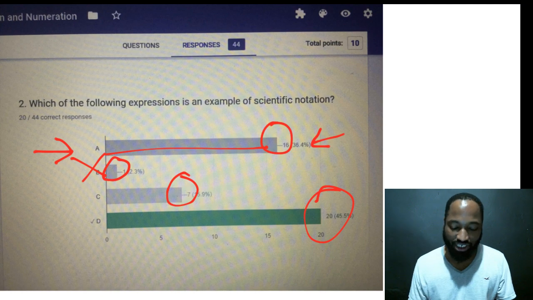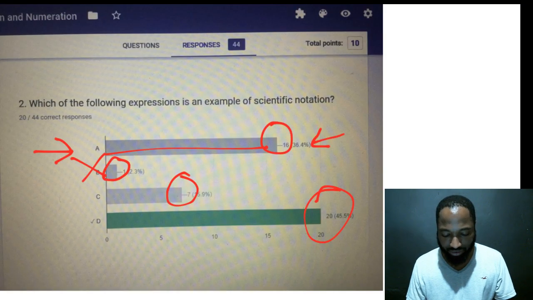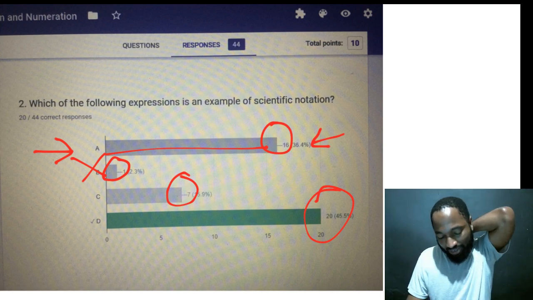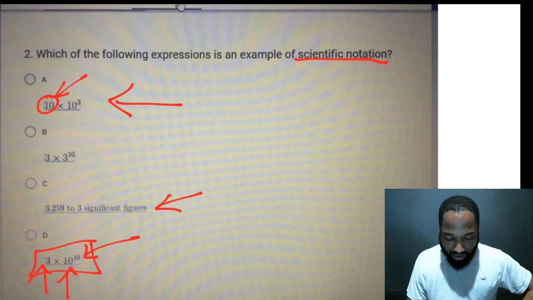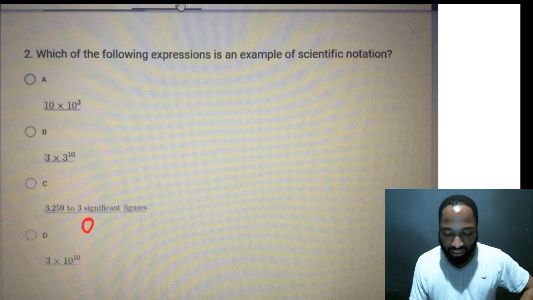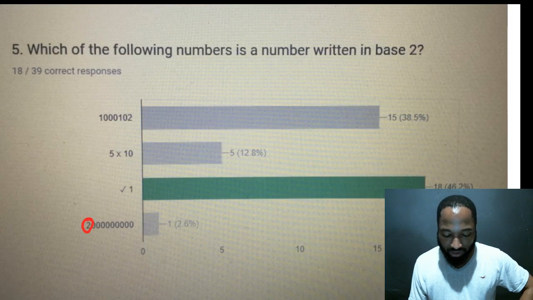Yeah, so you can see you just type it and you get it. So we went through the tough questions in the homework. This was the one that was done the worst, I think, the scientific notation question. So we went through why: because you can't have the number 10 there, you need to have a single number. We went through the other questions.